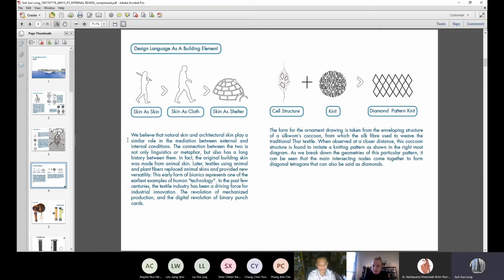As we break down the geometry of the particular pattern, we can see a main intercept node, and we found a diagonal, which I designed for my column.